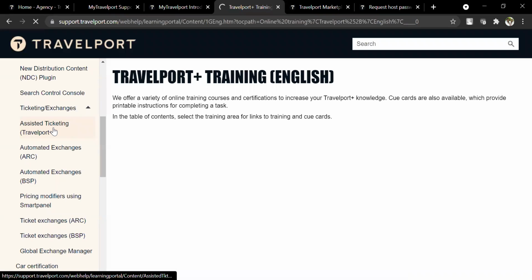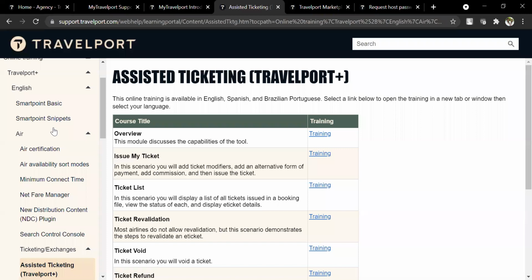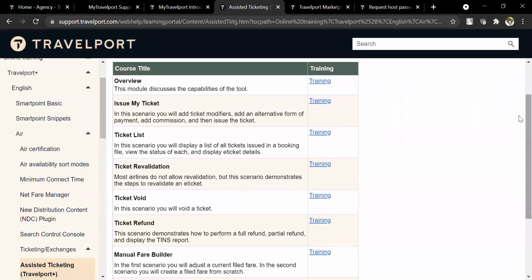So I'm going to click on Assisted Ticketing Travelport Plus, and you'll be able to see that the training modules come out here. Please note that MyTravelport works better in Google Chrome. Use Google Chrome. If you don't have it, download it, please. And then you'll be able to go through the My Learning procedures that we've got here. You've got the overview,